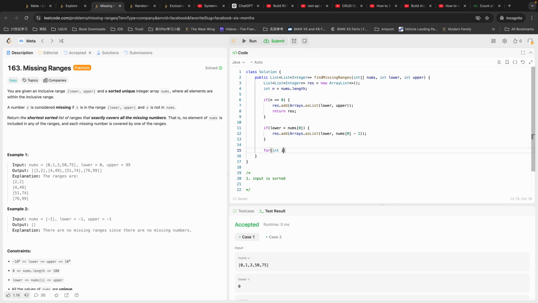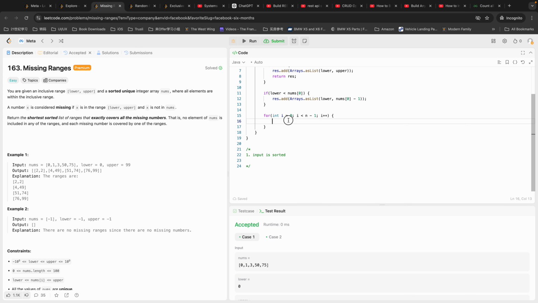and after that, we can iterate through the whole array up to n minus 1. We're going to leave the last element to compare with the upper bound. Okay, so if nums[i+1] minus nums[i] is less than or equal to 1, we don't do anything because we know there's nothing missing. Else, we're going to add nums[i] plus 1 to nums[i+1] minus 1 to our final result. Okay,